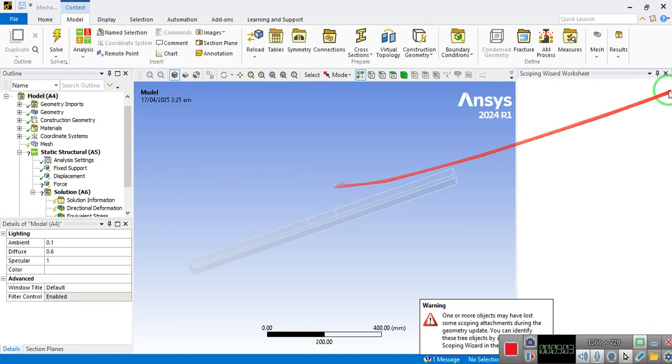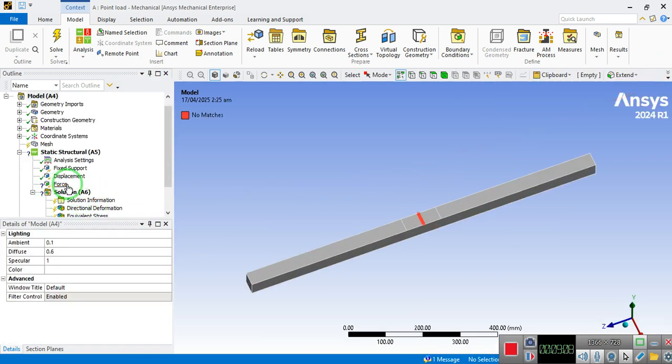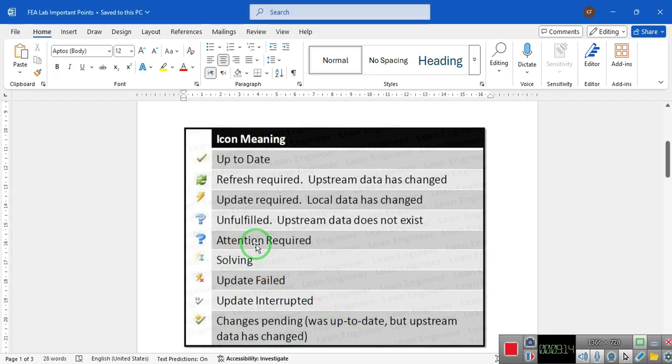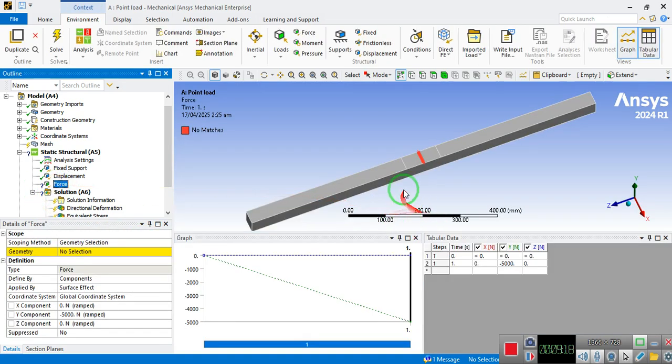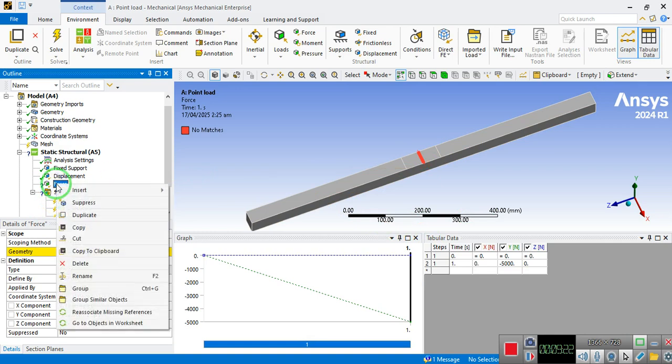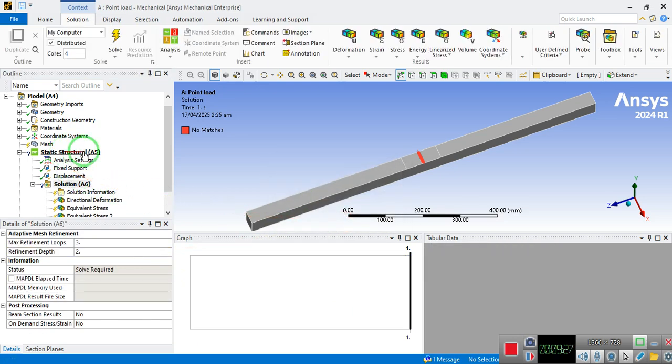Okay, you see that everything is fine, but with this force option there's a question mark here. So the question mark means attention required. Because previously this force was applied on an edge, but now that has been removed, so I need to update this one. So I would just delete this force, and then again select this face, this patch,